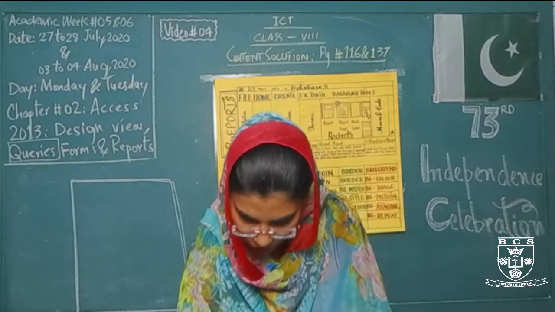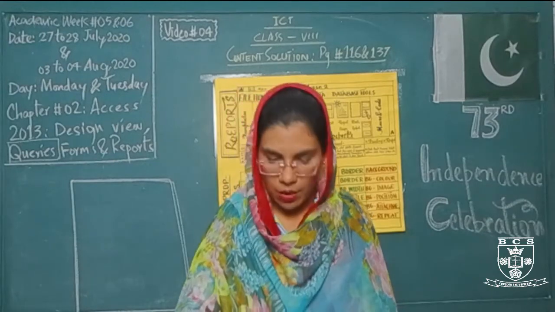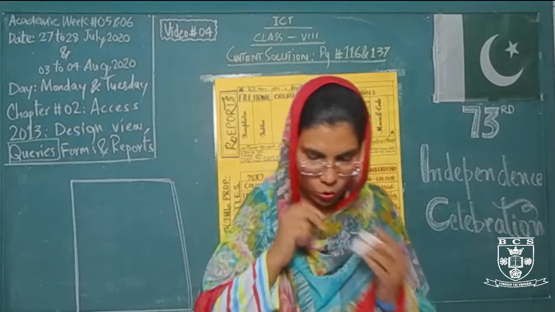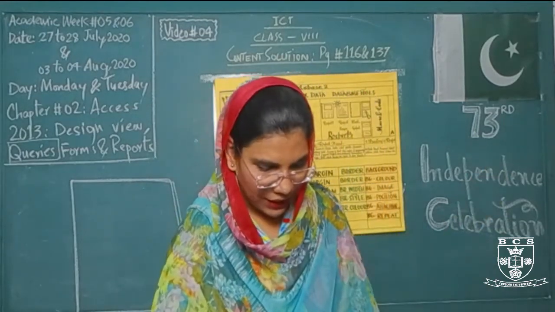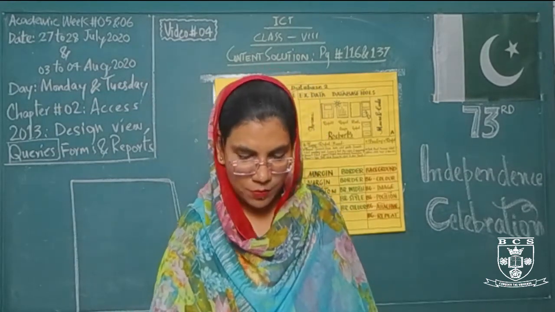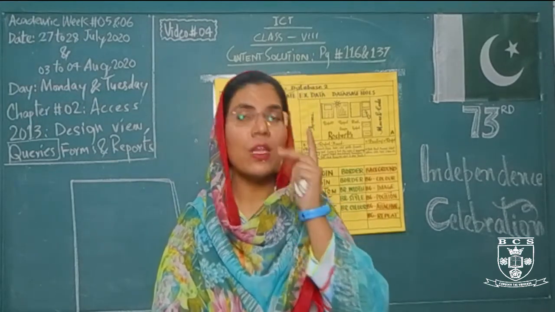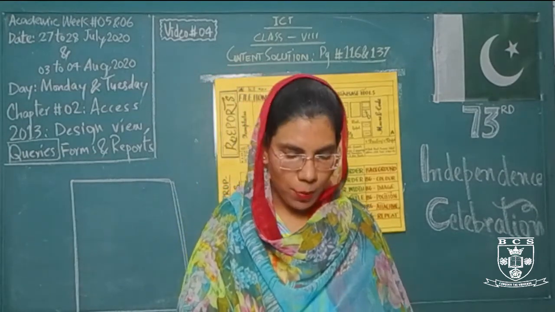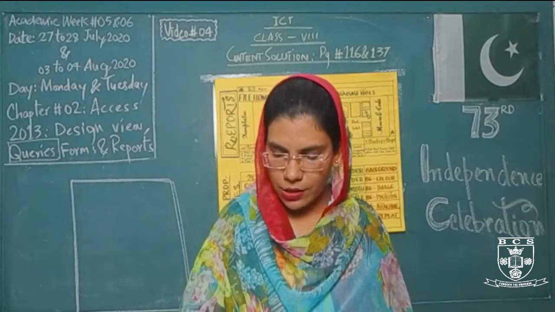Now for the third, which field can be set as the primary key? The bus pass ID can be set as the primary key field for this particular table that Mr. Shanza has to draw. And right after that, chapter number 2 is completed according to the explanation and also regarding all of your exercises. Now what you have to do is complete all the relevant work for chapter number 2 in the content solution week number 4, and all the work that is remaining or present in your week number 5 content solution on page number 116.